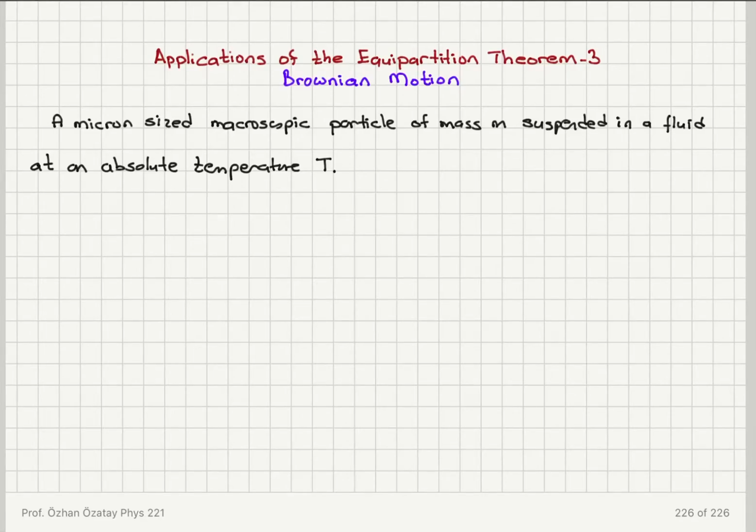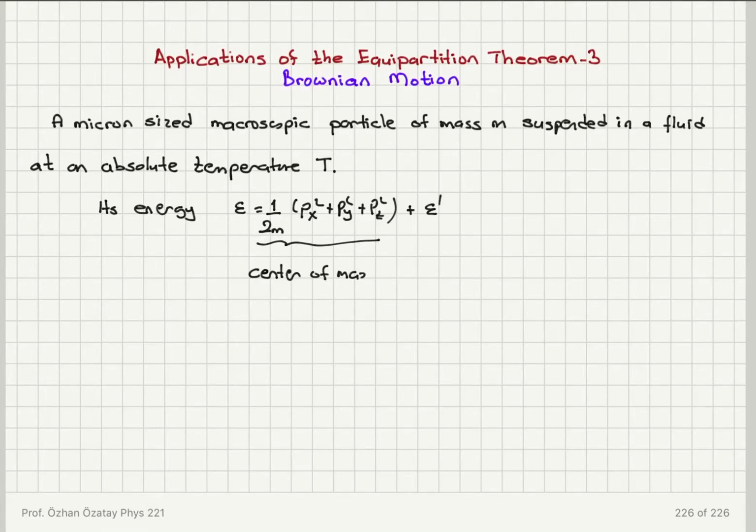So we can write its energy, as in the case of any gas, epsilon, the energy per particle, as 1/2m (px squared plus py squared plus pz squared). This is the translational motion of the center of mass, and then the energy that's coming from vibrations and rotations. So this part is once again center of mass translations,